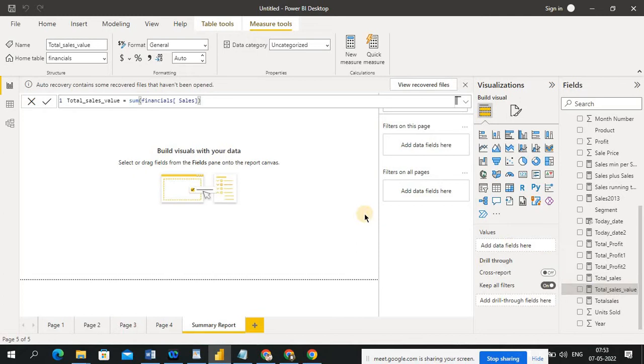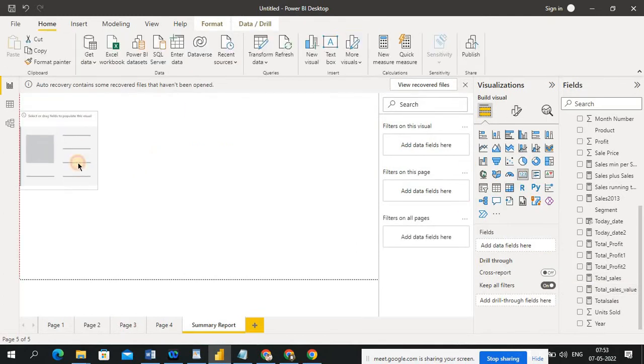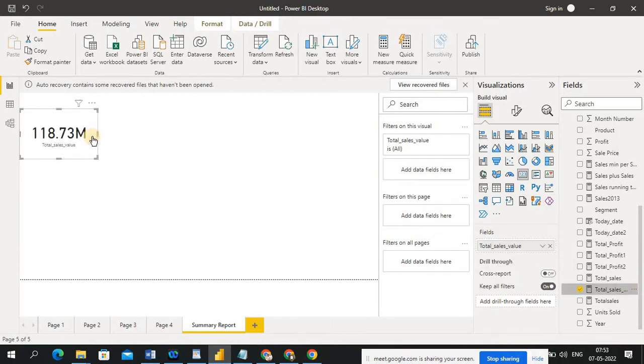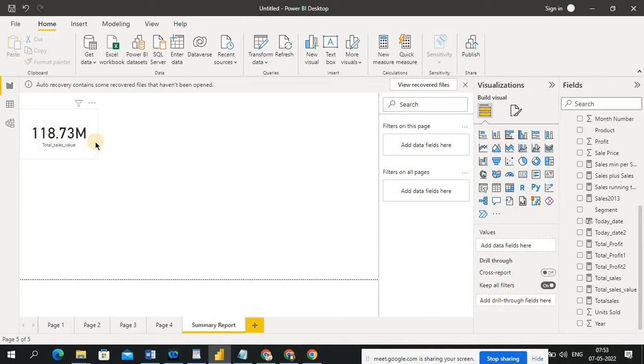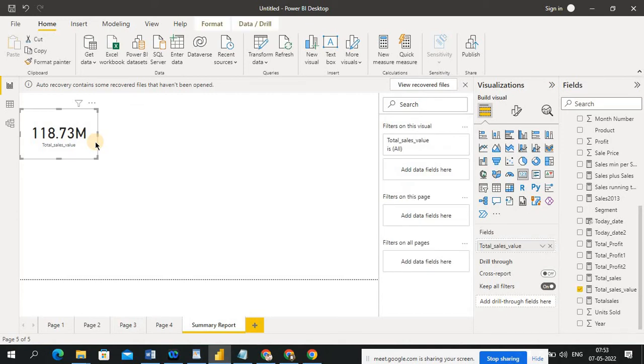So here you can see this one. Okay, select a card, which is nothing but a KPI, key performance indicator, I already told. So drag this total sales here. Okay, this is my total sales. Now I want to know these sales are